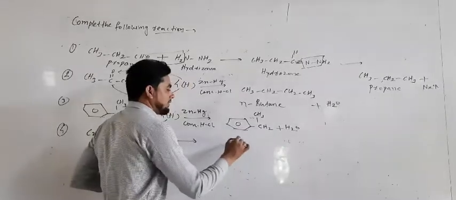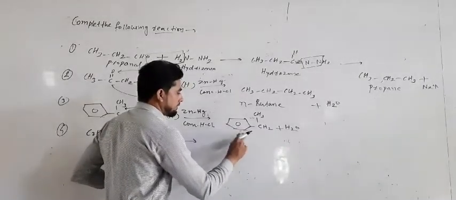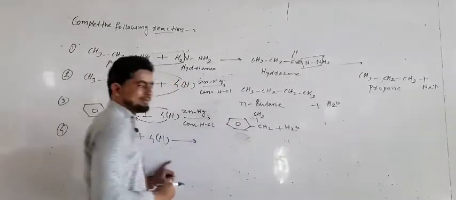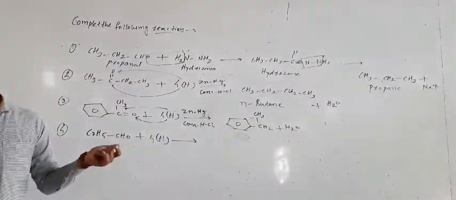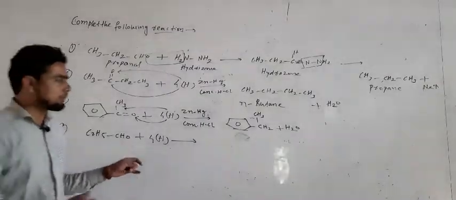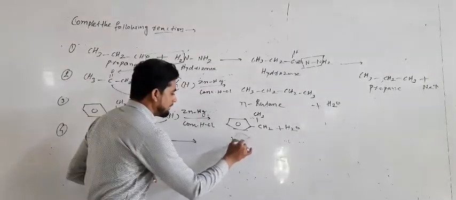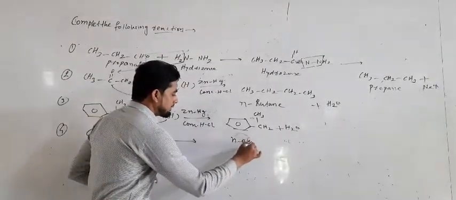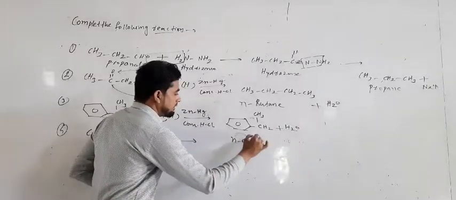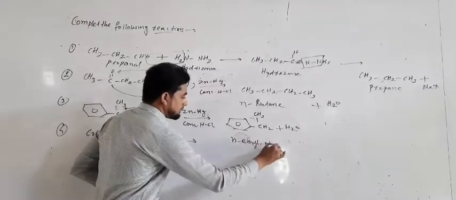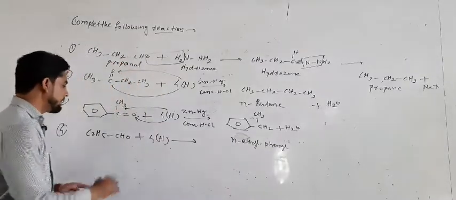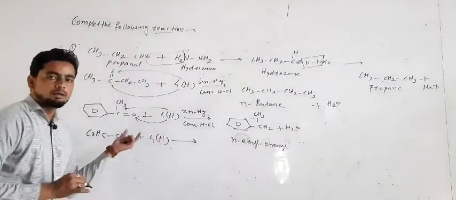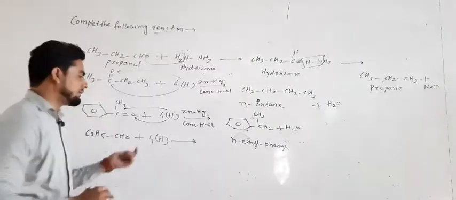It is also an example of an alkane, or aromatic alkanes. Clear? So in this way we get different types of products depending upon the compound. So N-propyl, N-ethyl, how many carbons? 5 carbons, called phenyl. N-ethyl phenyl we get as a product. Next example here: it is also an example of Clemmensen reduction reaction with the addition of hydrogen.